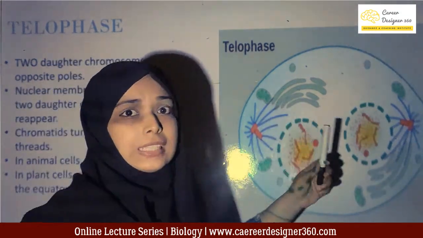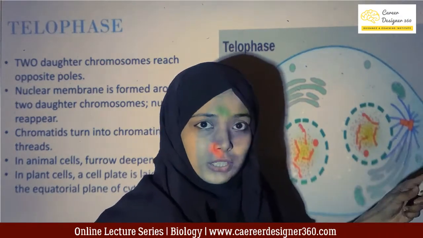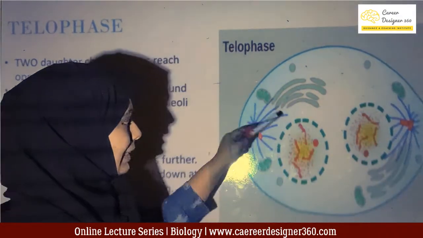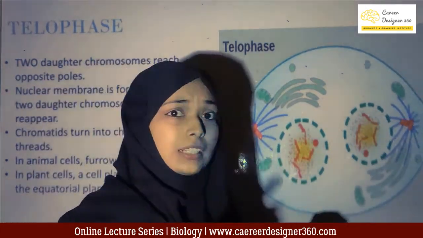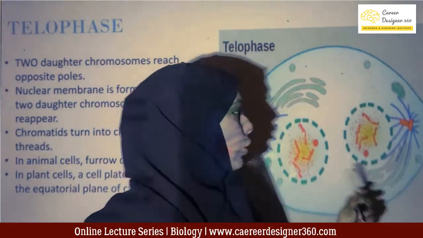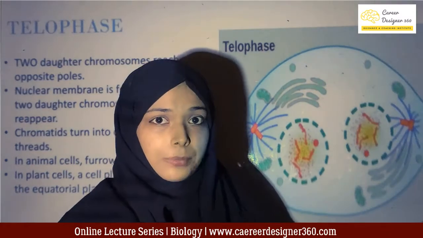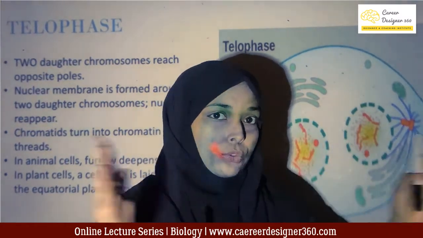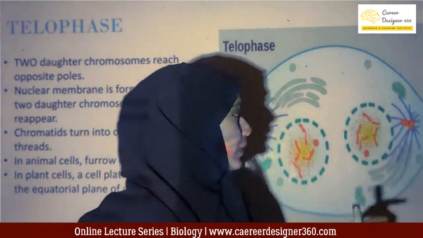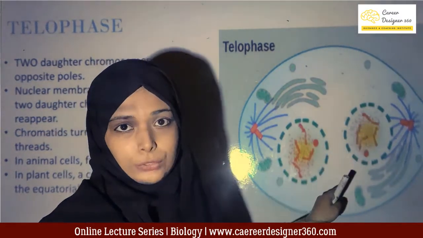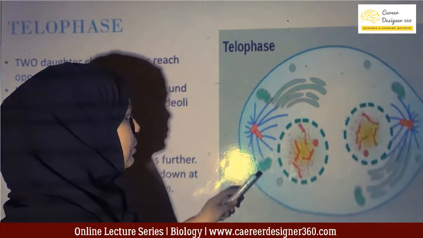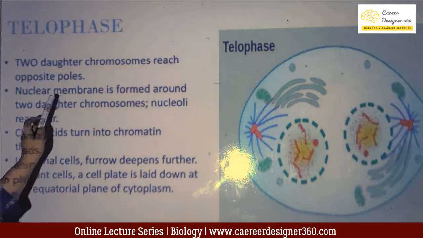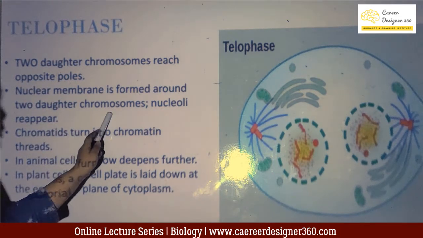In prophase we had seen that the nuclear membrane had disappeared, nucleoli had disappeared. Why did the nuclear membrane disappear? So that the two chromosomes can separate. When you have a covering, the two chromosomes cannot separate into two new cells. Okay, so that's the reason for the disappearance of the nuclear membrane. But now since the two chromosomes have already separated, the nuclear membrane has reappeared. So this again is a feature of telophase, that the nuclear membrane is formed around the two daughter chromosomes